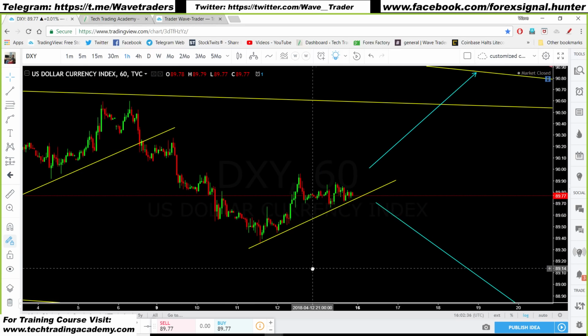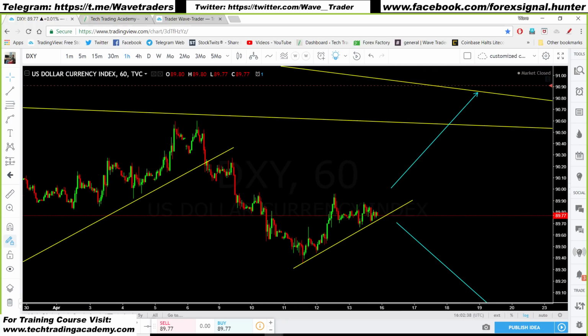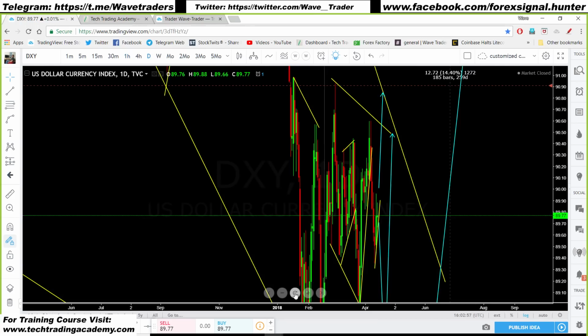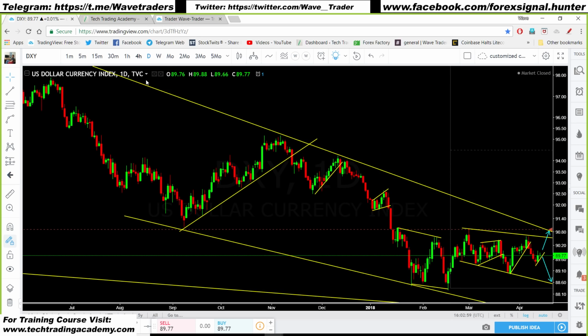So we are having this flag which can break either way. All right, so impulse, correction. If this flag breaks up aggressively, you can buy back to that top, or even for a higher high. If this flag breaks down aggressively, you can sell the breakdown and look for your profit back to that bottom, the previous low. All right, on the 4-hour